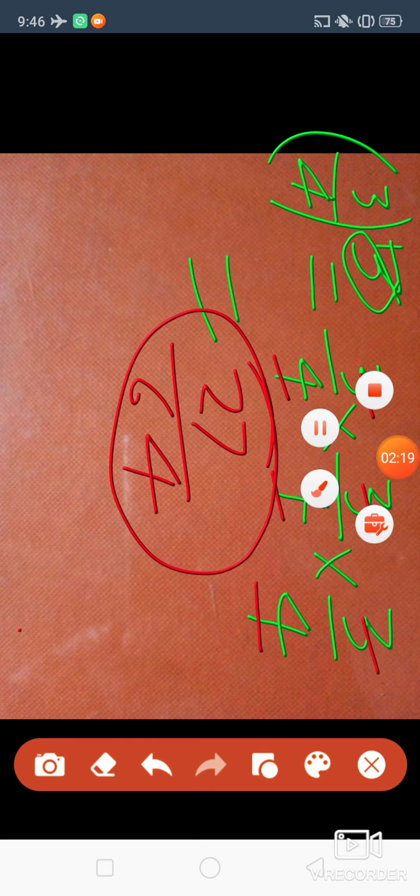Okay, so this type of questions earlier we have discussed. 3 by 4 to the power 3 means what? 3 by 4, we have to multiply how many times? Exponent is 3, so we'll multiply 3 times. 3 by 4 into 3 by 4 into 3 by 4. Got it? Now, so what we'll get here? 3 into 3, 9. 9 into 3, 27. Now 4 into 4, 16 into 4, 64. So overall the answer will get 27 by 64. Is it clear to you? I hope so.